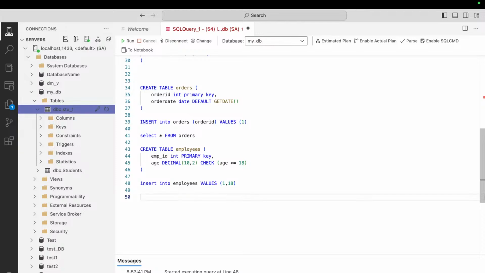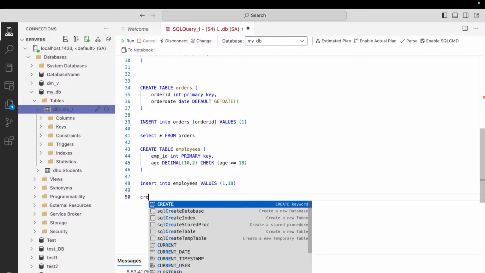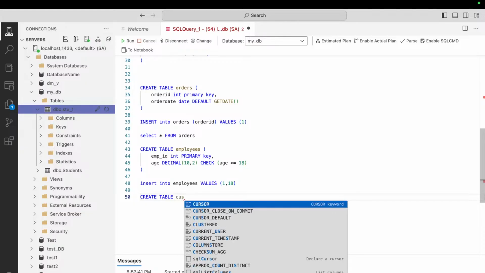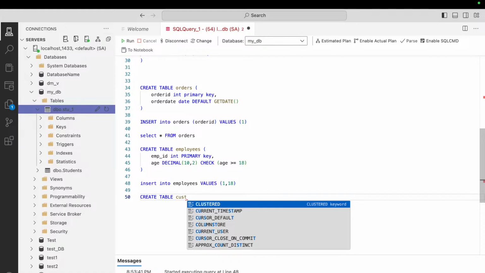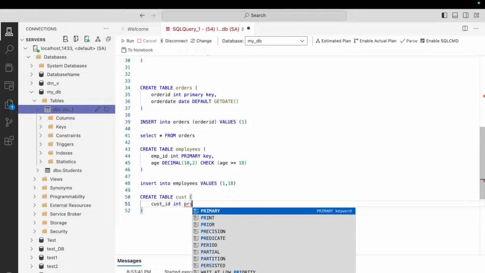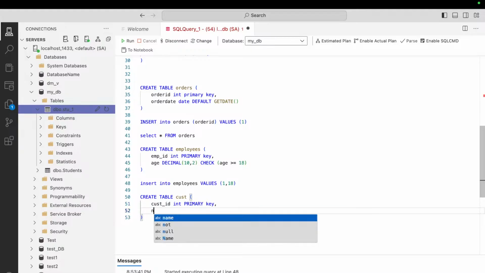So let's create a table. For that purpose we are going to use a CREATE command and TABLE for the object, and I am just going to create a table that is called the customer. So I am using the short form which is CUST. So just enter, and the customer ID, I am just going to enter the customer ID with an integer data type, and it's going to be the primary key, and the name is going to be